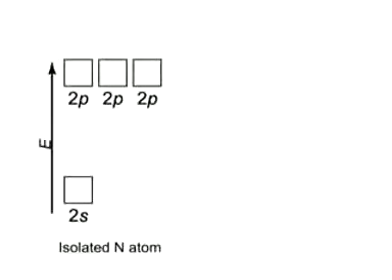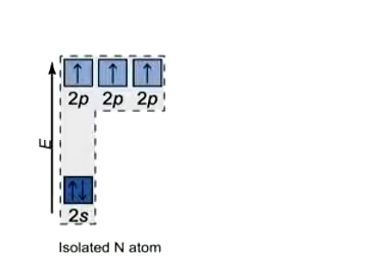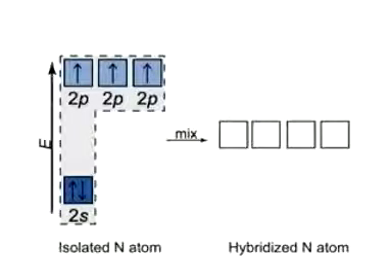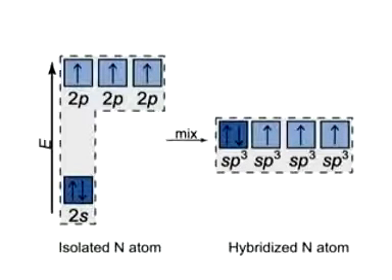For other shapes within a given electron group arrangement, the model proposes lone pairs in one or more of the hybrid orbitals. For example, the trigonal pyramidal shape of ammonia arises when the 2s and the three 2p's of the central nitrogen mix and become four sp3 hybrid orbitals, one of which is filled with a lone pair.